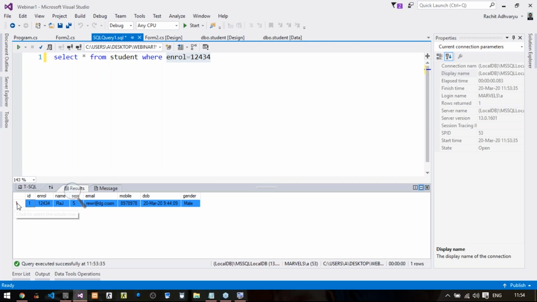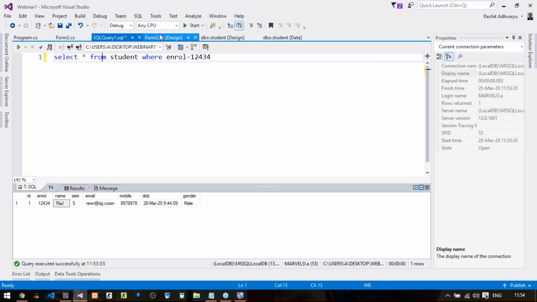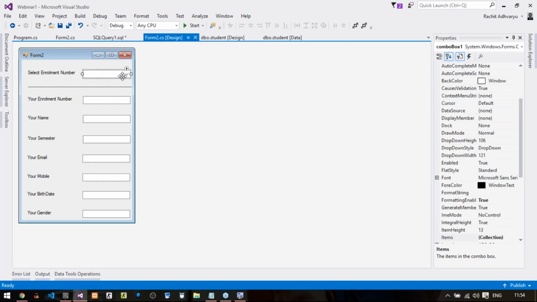So specifically only one row has been fetched, but different columns have been fetched from the query. So one row, so index will be 0, and different columns, sorry. So the index starts from 0, 1, 2, 3, 4, 5, 6 and 7. So this query results only one row but multiple columns. So this is the output that we are expecting when we actually select any value from this particular combo box and based on that we fill up all these text boxes, right?